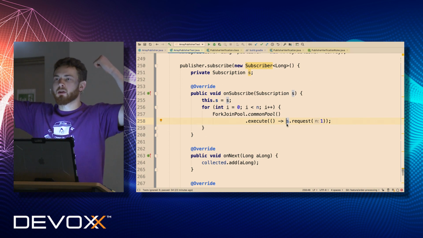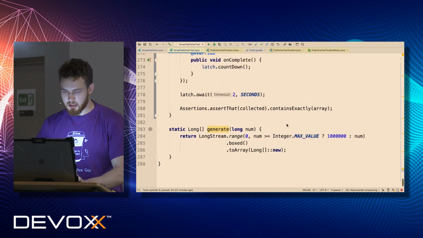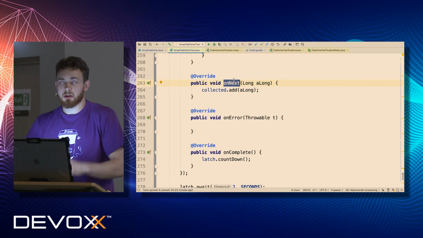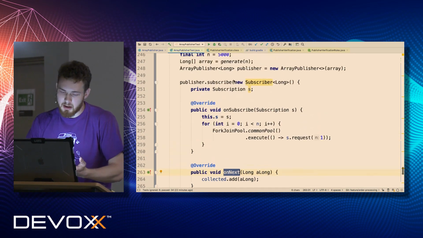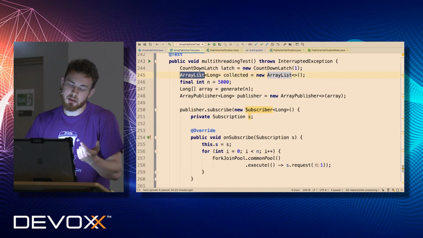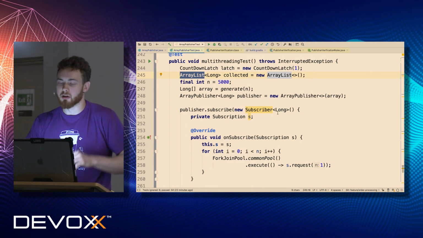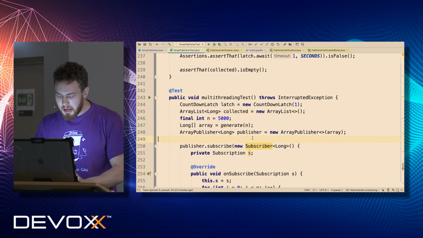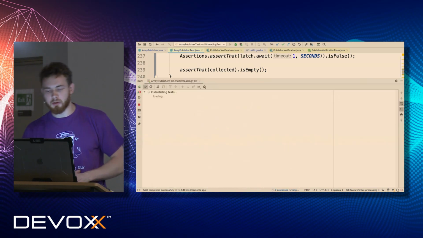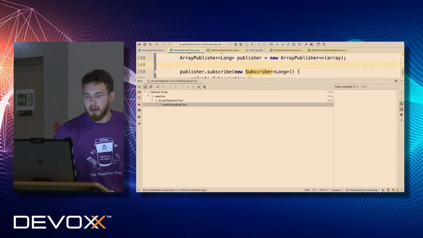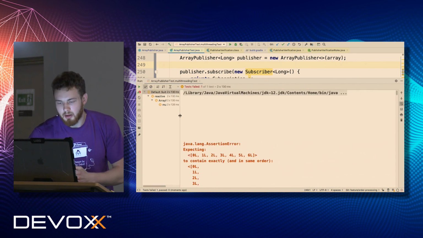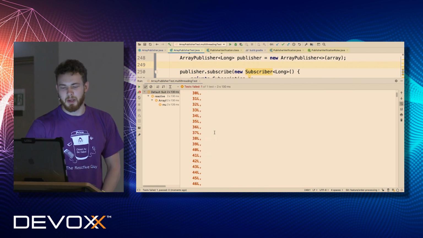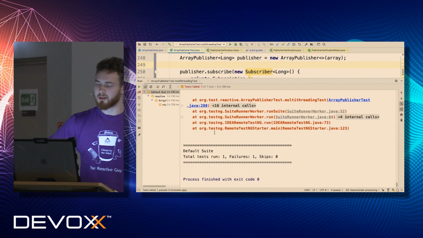Is it clear what's going on here? OK. So after all, I expect that this will be invoked in a serialized way. This happens before, that's why I don't need any concurrent structure here. So everything should be fine. Now I need to run this test to figure out whether it works or not. And here we go. We received only 6 elements, but we expected much more.